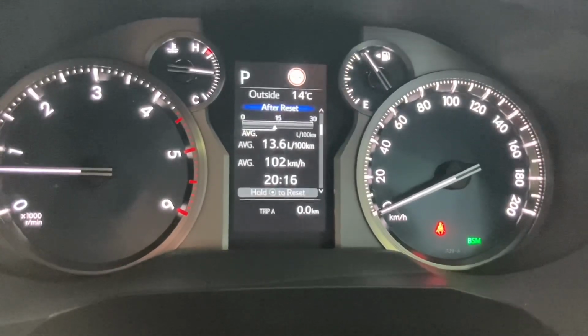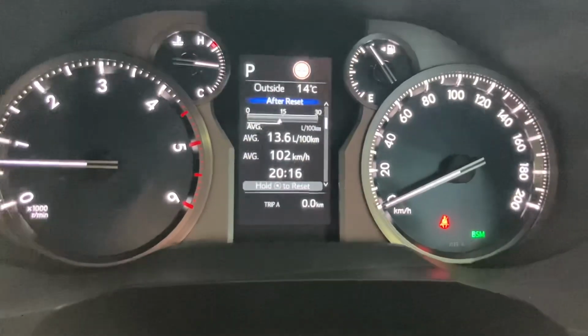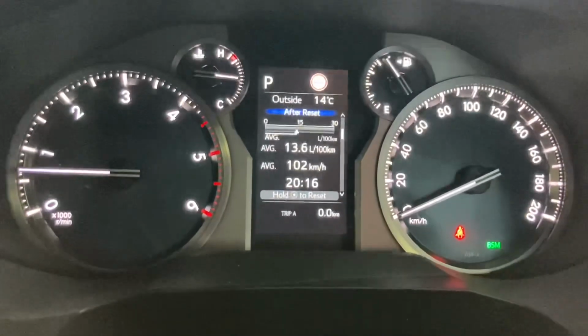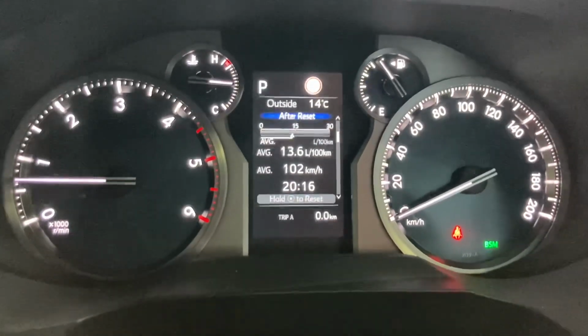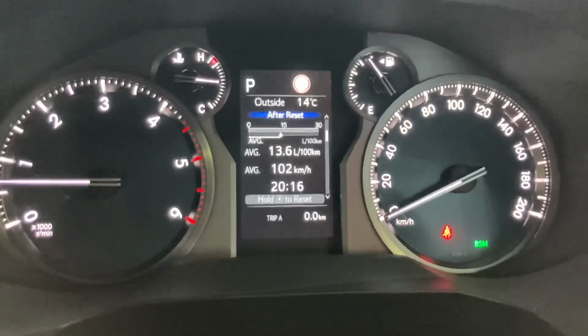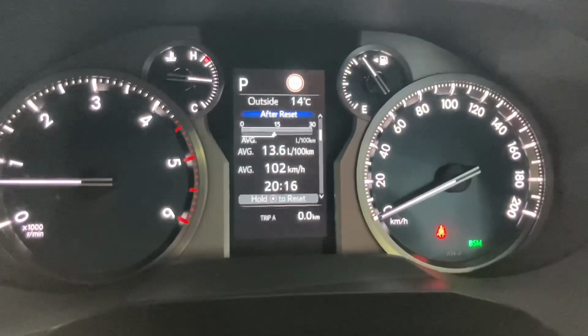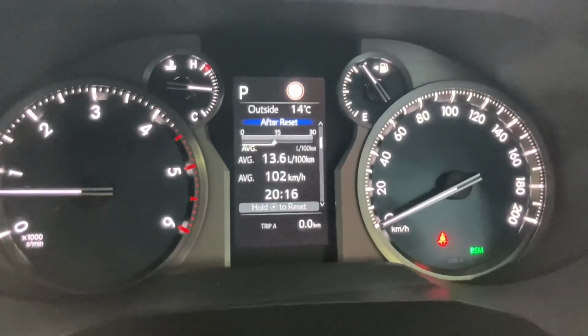Now, for the first day heading across to Port Augusta, we've got our usual probably about 12 litres per 100 Ks. And then for some reason at Port Augusta, we did have a headwind, so it was pushing up close to 15 litres per 100 Ks. But here's the spanner in the works. The next morning when we left Border Village, there's no wind, and we still got 14 litres per 100 Ks